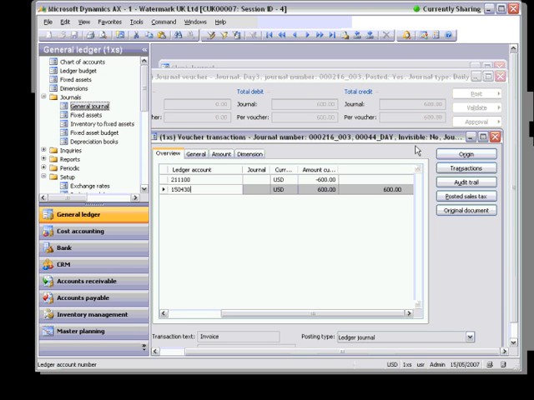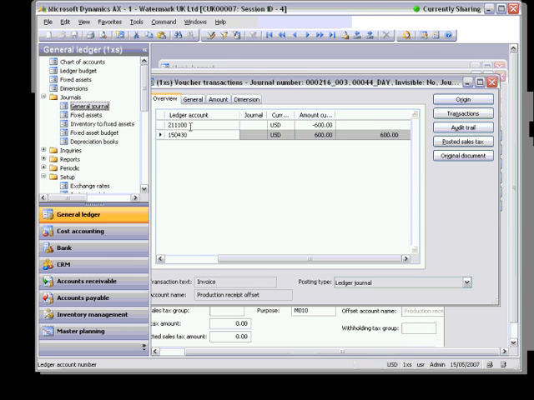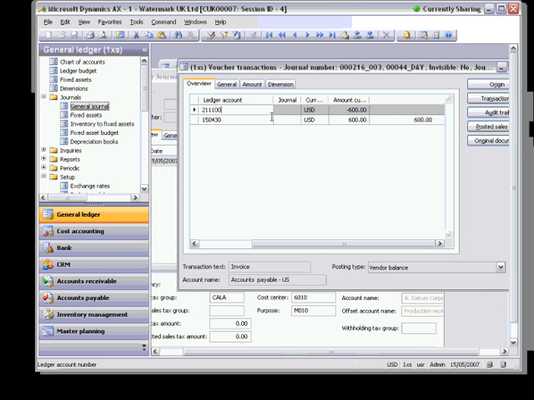Do you remember the same button you saw in the part of account form? Yes, this is the same. You see the helpful text, ledger account, then you see transaction text invoice, posting type vendor balance. Yes. And by the posting type,